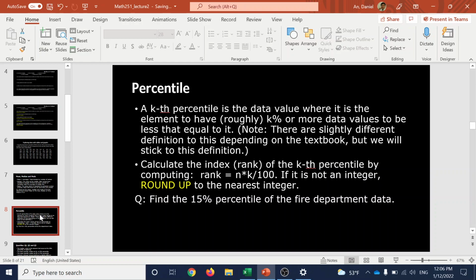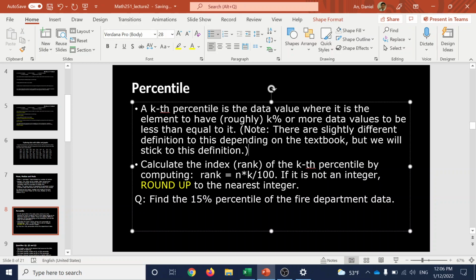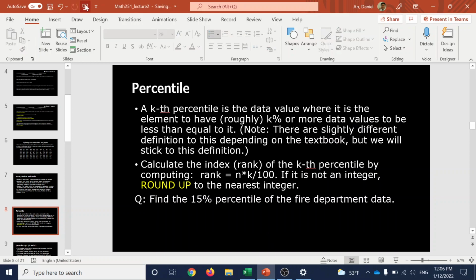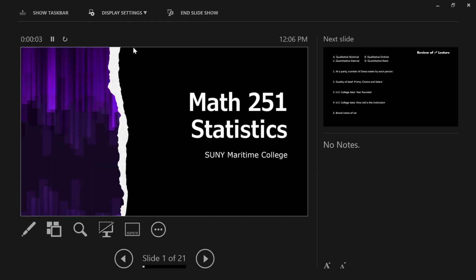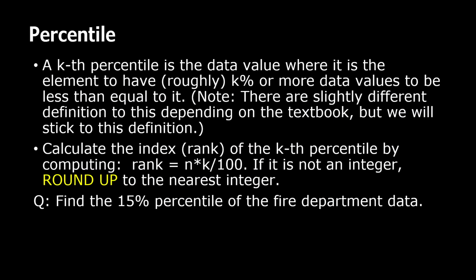Now let's talk about percentiles. A kth percentile is the data value where it is the element to have roughly k% or more data values to be less than or equal to it. Sorry, less than or equal to it. I just realized that I should be using the presentation setting. Okay, let's go down. Oh, but I have to go back and forth, so I guess it doesn't matter. All right, so this is the data that we're going to use, but